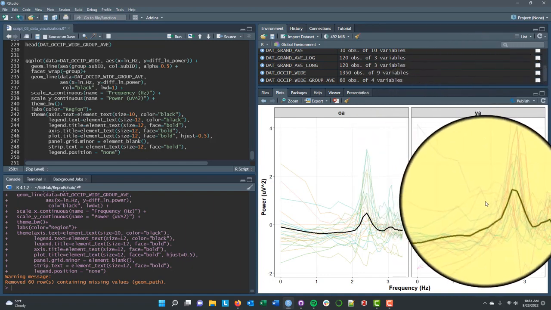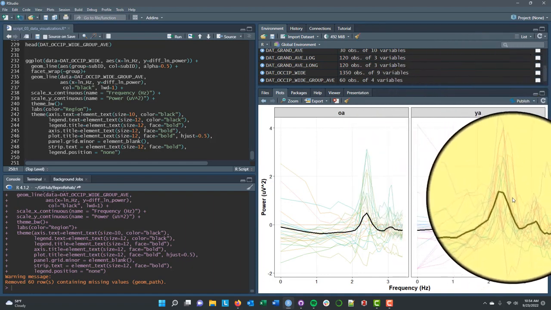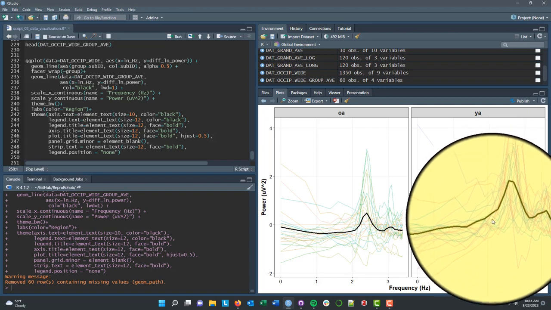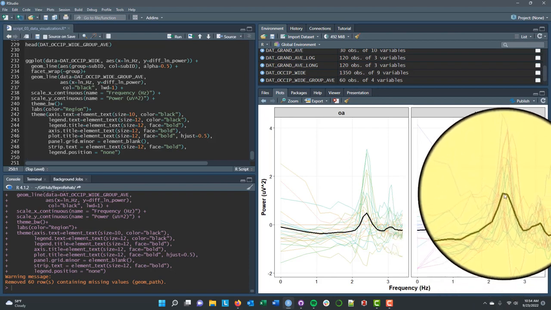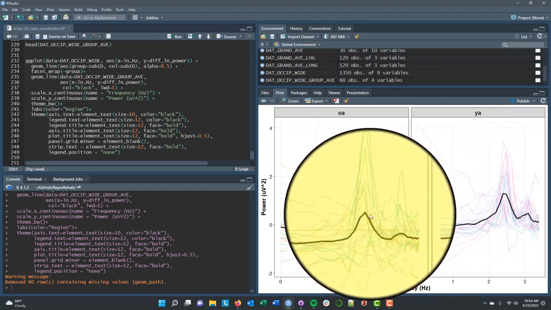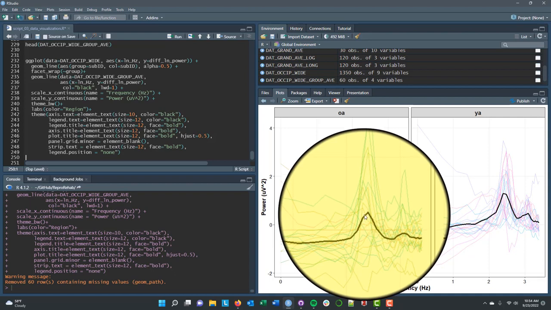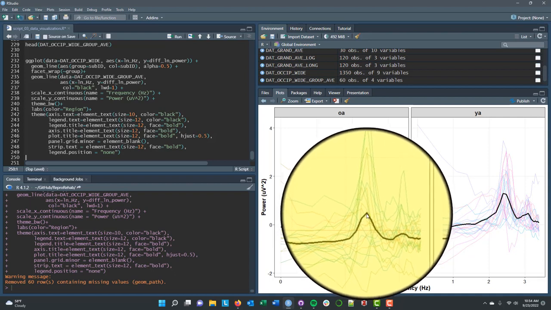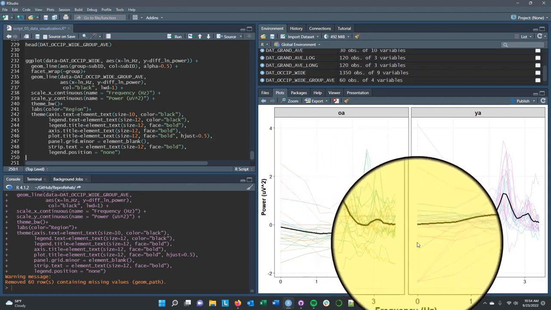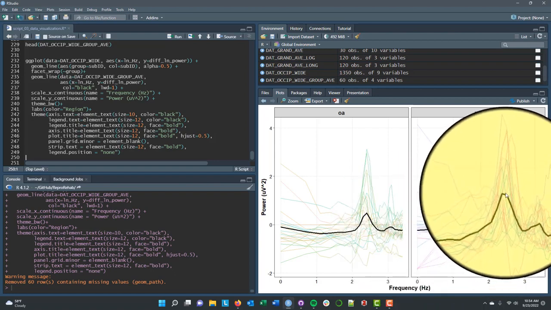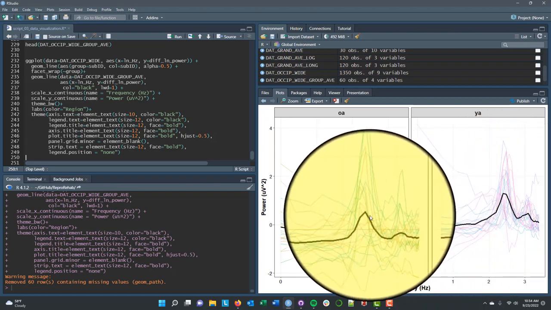And showing the individual subject data is really helpful, right? Because it shows the variability in what we have. But we're also really interested in the mean differences. And specifically, we predicted that our younger adults were going to show a larger alpha modulation on average compared to our older adults. And it looks like that is correct. The older adults on average show less of a difference between the eyes closed and eyes open conditions compared to the younger adults, right? They have a bigger change, they have a bigger mean difference than the older adults do